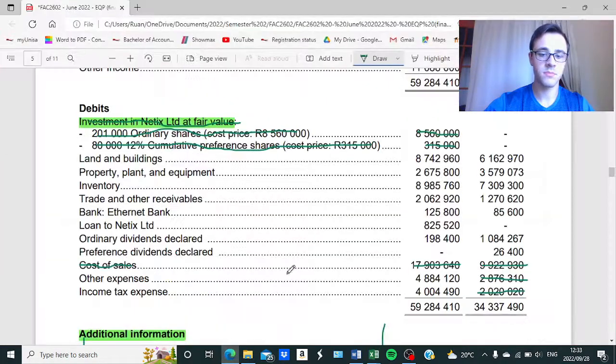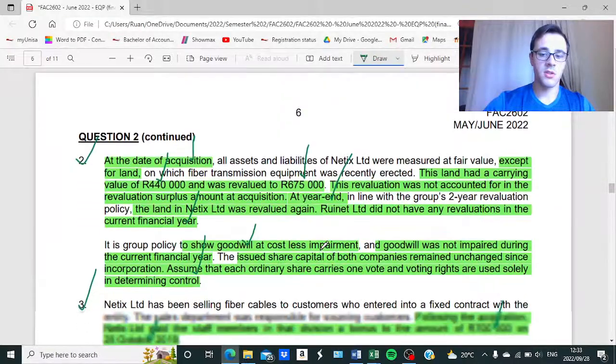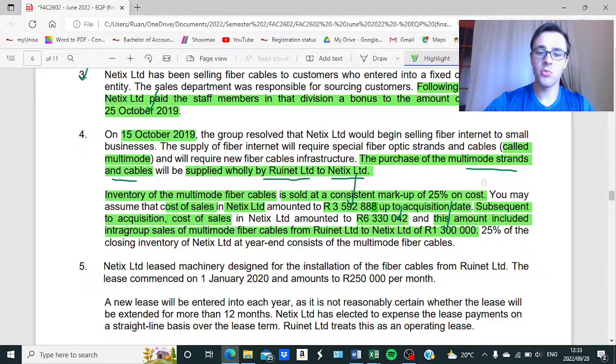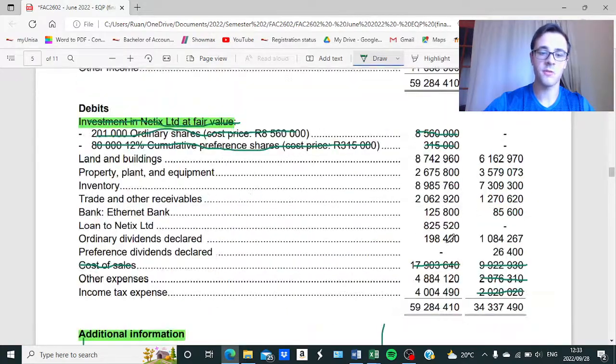Okay, so we have dealt with the intergroup sales. We have eliminated that, but now we need to determine the unrealized profit. Now they state that 25% of the closing inventory of Netix Limited at year-end consists of the multi-mode fiber cables. So if you go back to your trial balance, before additional information, the inventory for Netix Limited